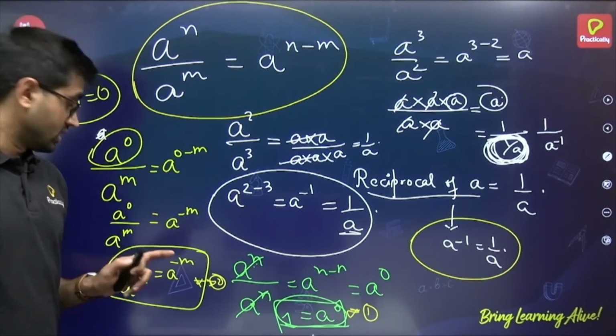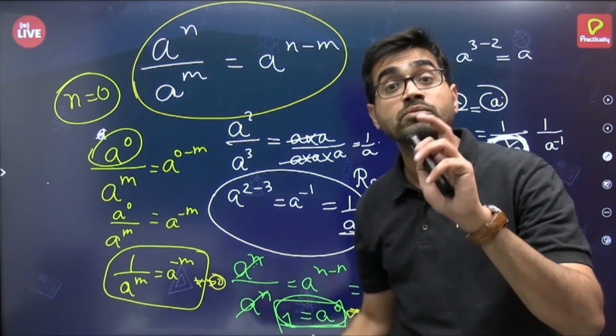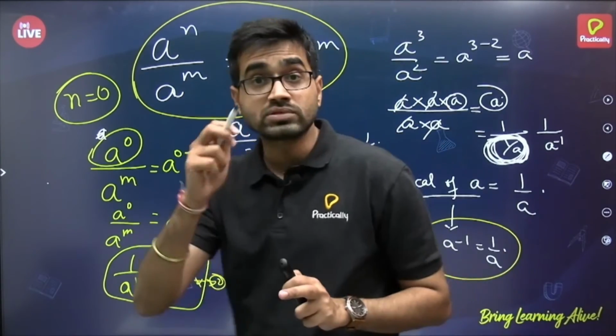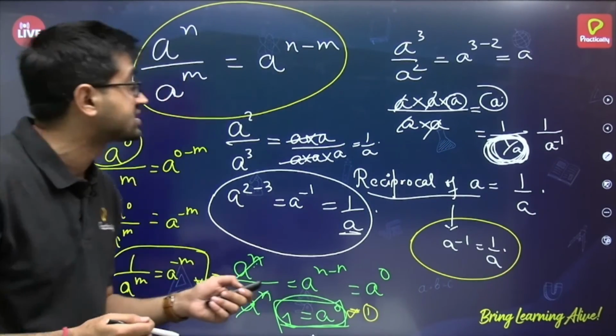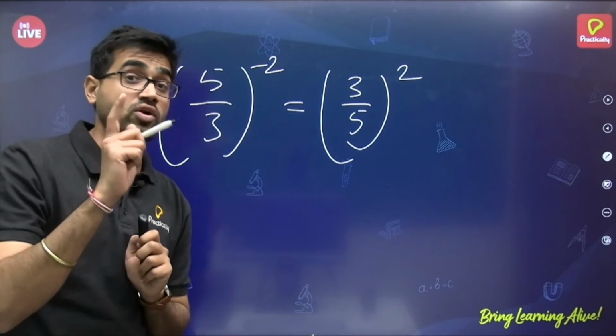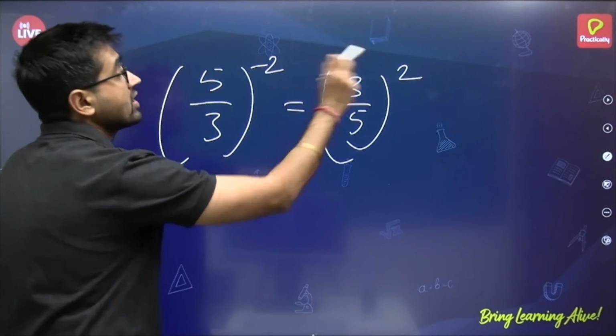If you say that this power M does not come on 1, it comes on 1 also. But 1 to the power anything is 1. That's why it becomes difficult for students to remember and they mess this up. You should not. You are not going to mess this up. So reciprocal is what I have taught, and the power becomes positive.